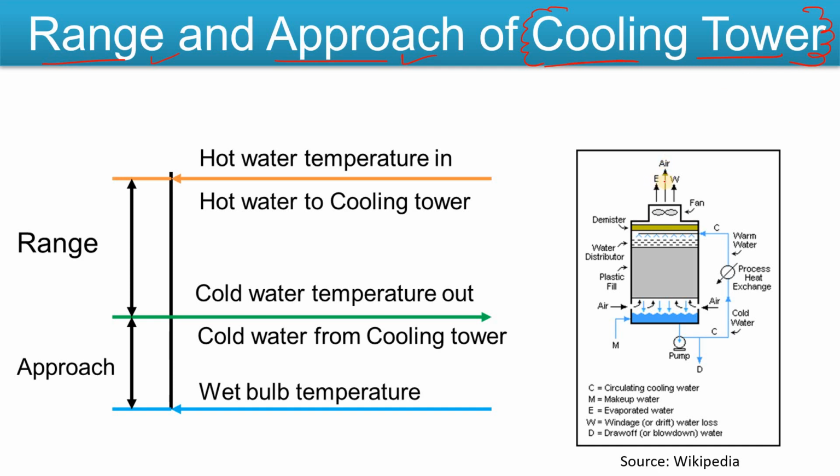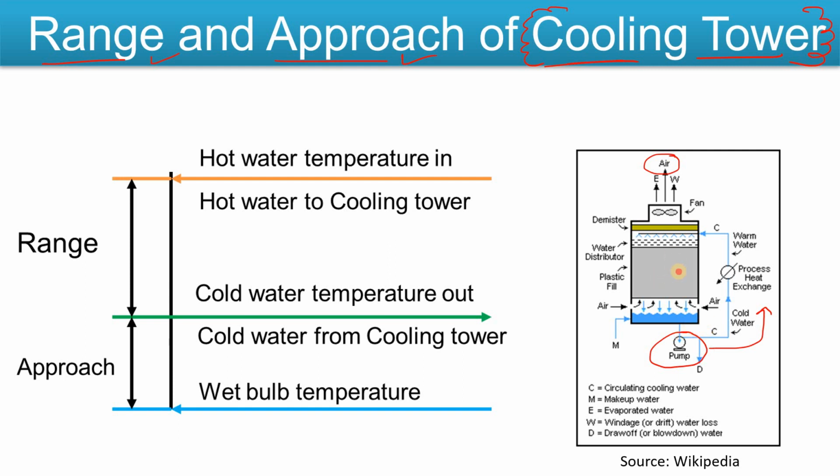So what is the cooling tower basically? Let's discuss the cooling tower first of all. A cooling tower is a type of heat exchanger which rejects the process heat from the cooling water to air, to the atmosphere, and cools down your cooling water and then again sends the cooling water to the plant via the cooling water pump, right? So that is your cooling tower.